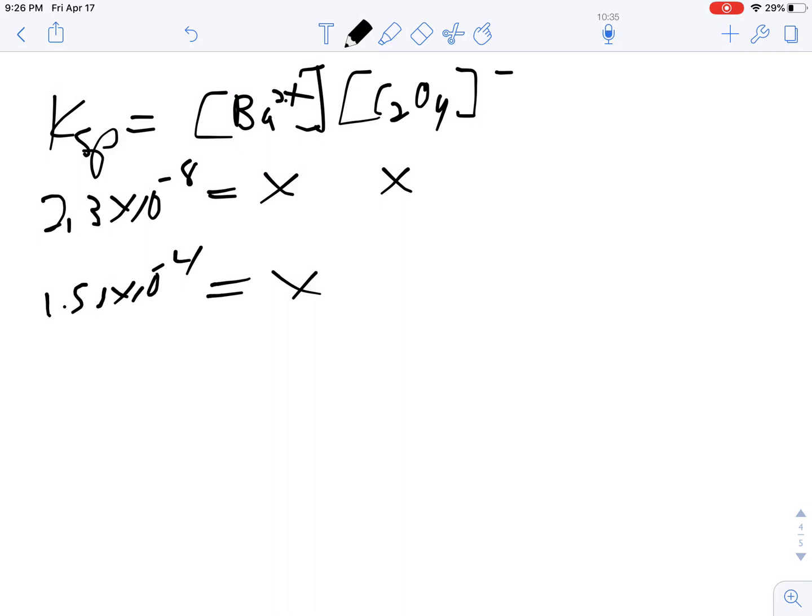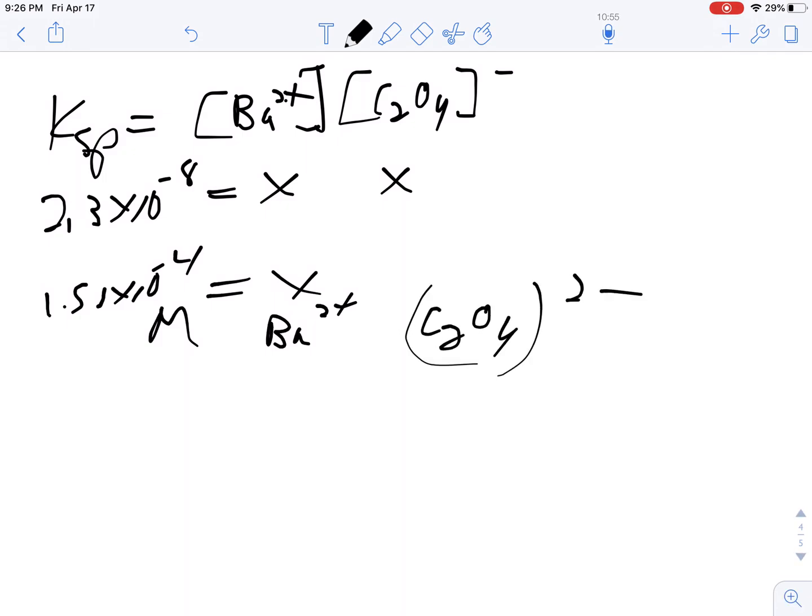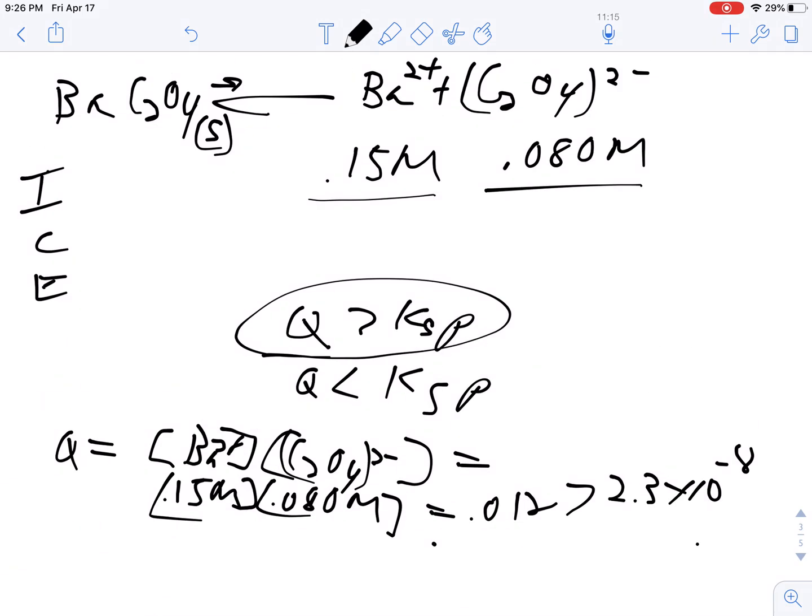That's the maximum molarity of those two. Because anything above those molarities is going to precipitate. And the problem didn't ask us to calculate how much precipitated. They just wanted to know the maximum concentration of the C2O4. So these two concentrations will continue to decrease until